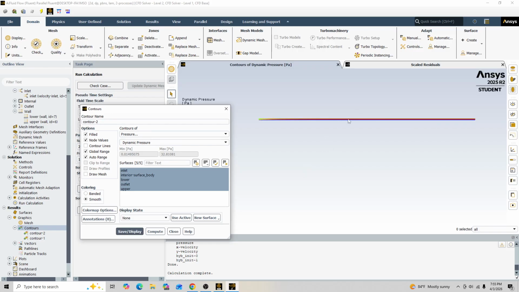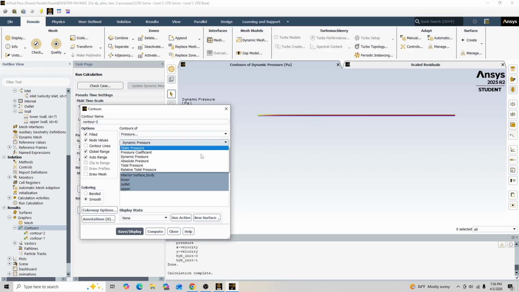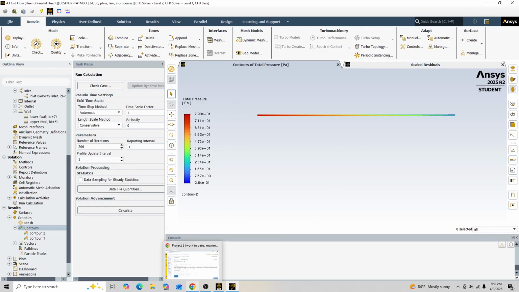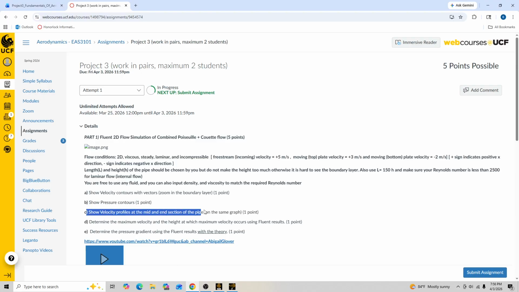Should get something that looks like this. And then we want total pressure. And you should get something similar to this. Alright, perfect. Now that we have all the pressures there, we can go ahead and go to part C, which